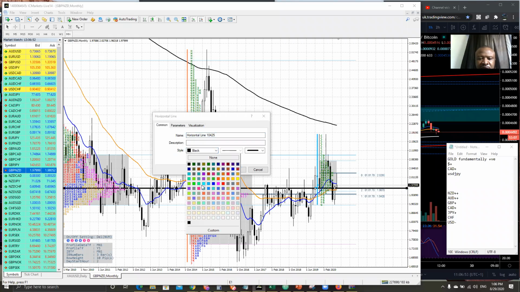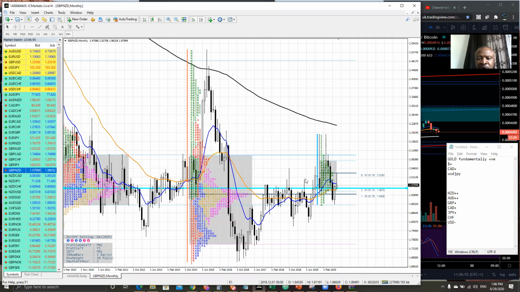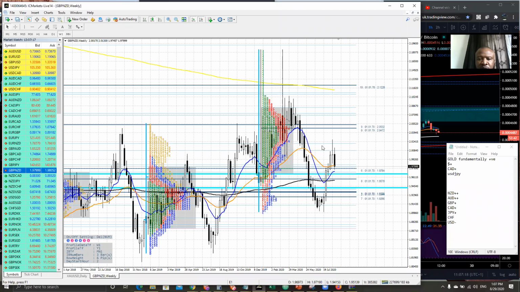And in as much as that area is still holding, I'll be looking for opportunity to buy the pound against the New Zealand. 94.20 will be more ideal. Would we be able to get that? Maybe no. And 96.70 will be an ideal price that I'll be looking at this pair, should in case we touch it. On the weekly level, however, what I can see is we have a bit of significant strength with